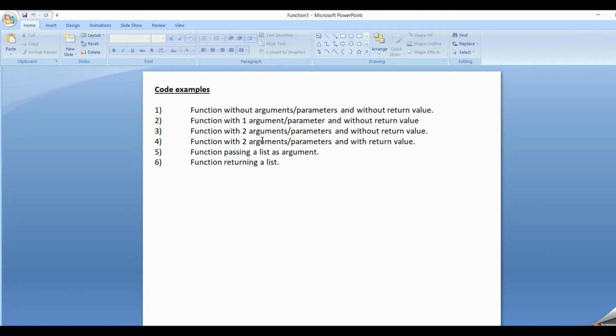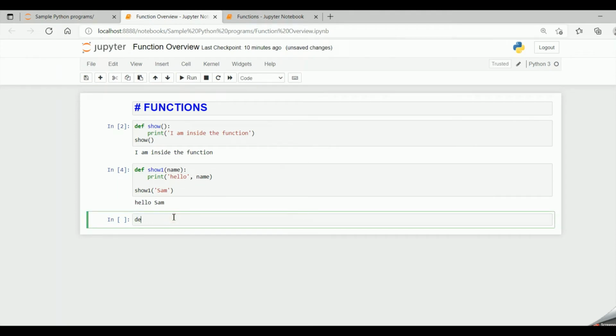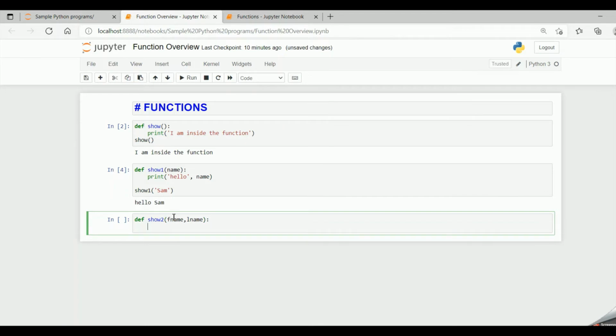Now let's look into a function with two arguments and without any return value. For this, let me say def show2. Let me accept two parameters, first name comma last name, and then colon. And now let me say print first name plus, it's a concatenation operator, plus last name.